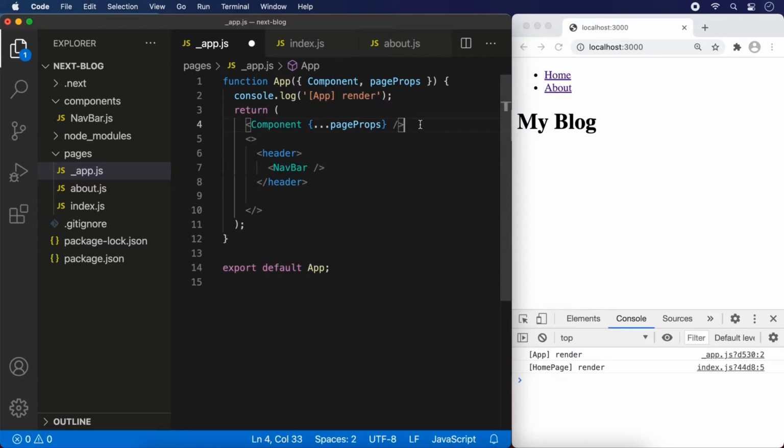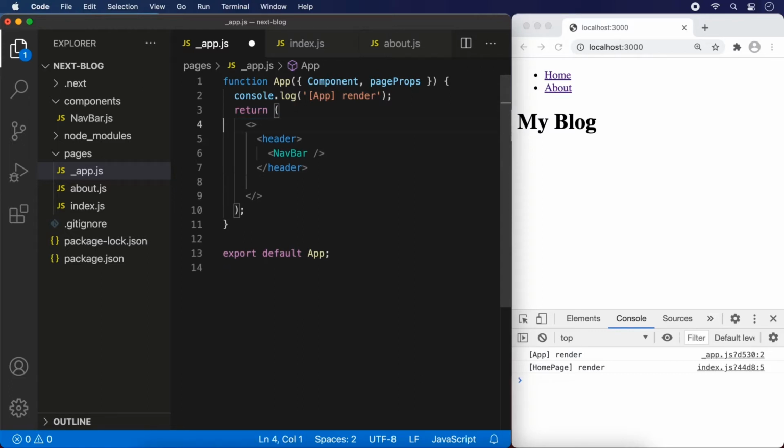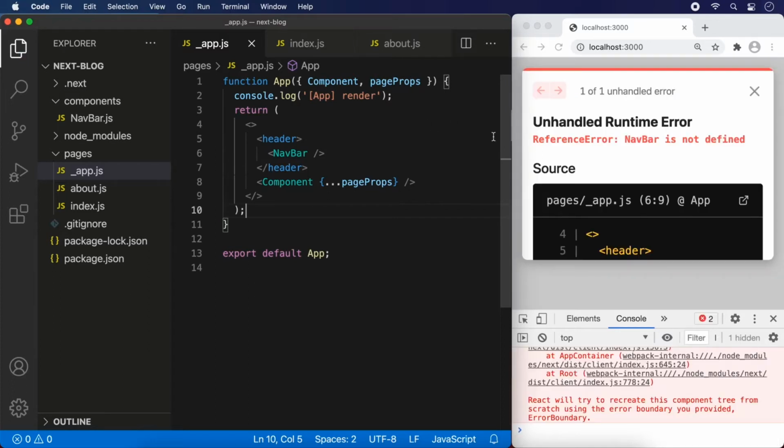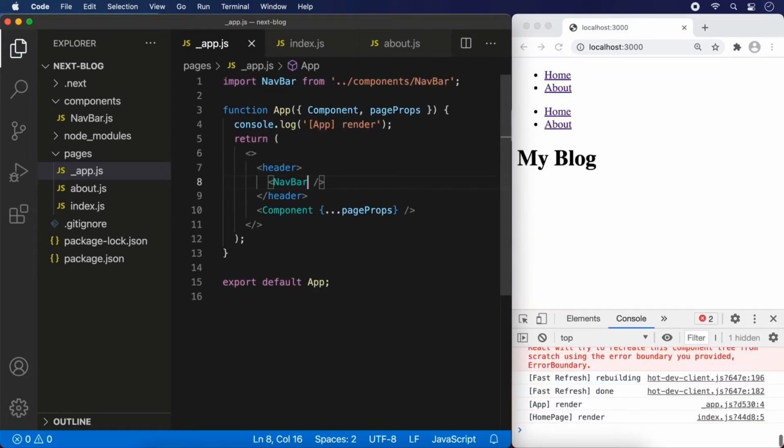And in its place, we want to render this page-specific component. So each page can basically insert its own elements into this sort of template. If we save now, well, there's an error, because I forgot to import the navbar component. But if we fix that,